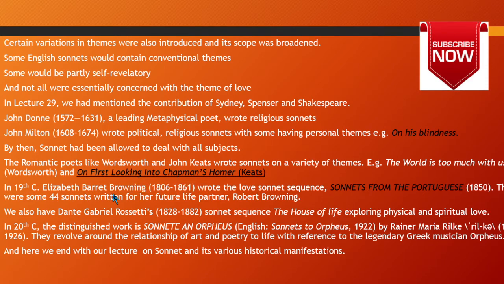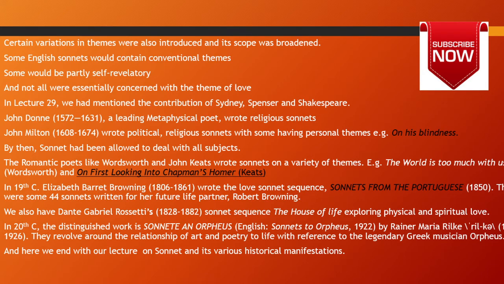Then in the 19th century we have a good example of Elizabeth Barrett Browning, who wrote a sonnet sequence consisting of 44 sonnets, and this sequence was addressed to her future husband, Robert Browning, again a renowned poet in the Victorian era. So in that sense, Elizabeth Barrett Browning is trying to follow Petrarch and the theme of love in her sonnets. Then we have this